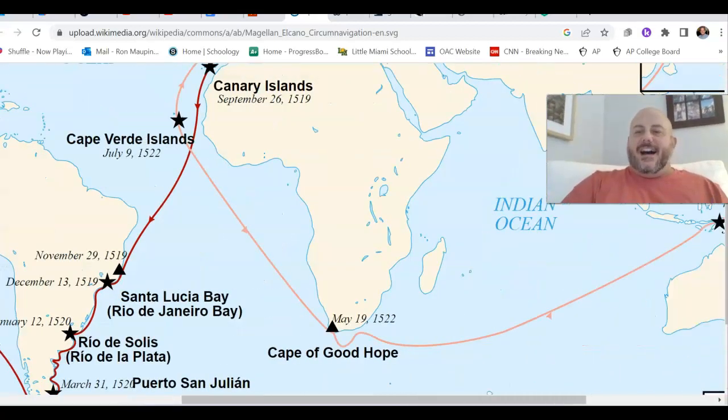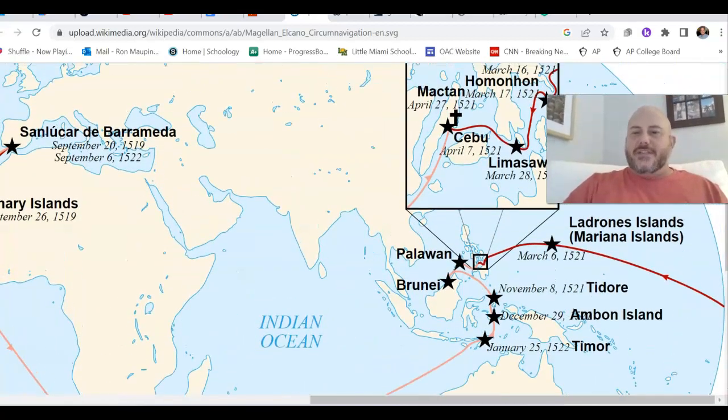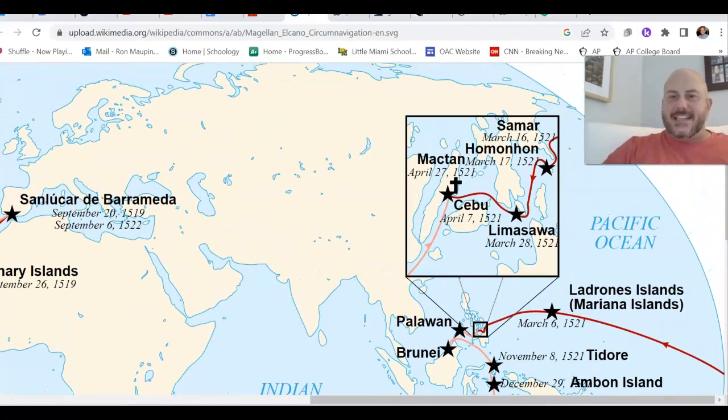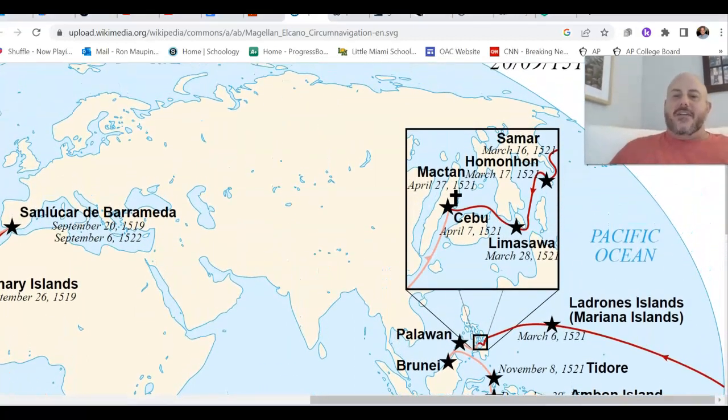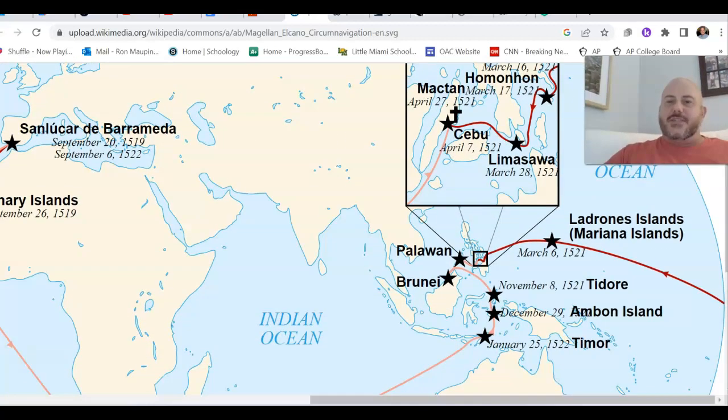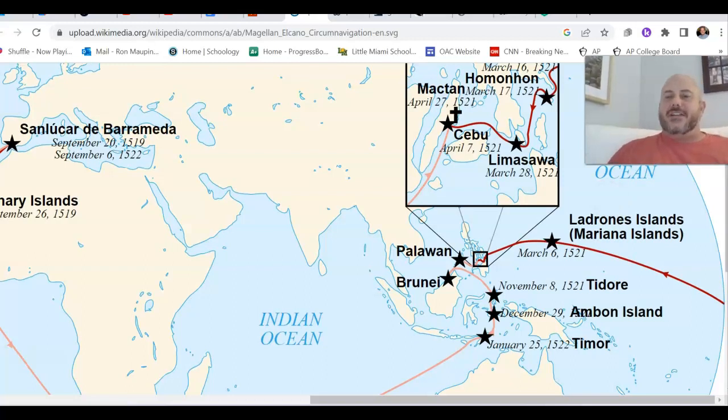And note, this is not going to be an easy voyage for Magellan and his crew. Disease is going to devastate many of those on the voyage, and hostile natives, as well as what we'll see when the crew eventually makes their way into what's going to be eventually the Philippines. Now, the Philippines will eventually become a Spanish colony for centuries, actually, following the work of Magellan. But Magellan will die in the Philippines, but his crew is not going to be stopped in their attempt to try to achieve their goals of circumnavigating the globe.